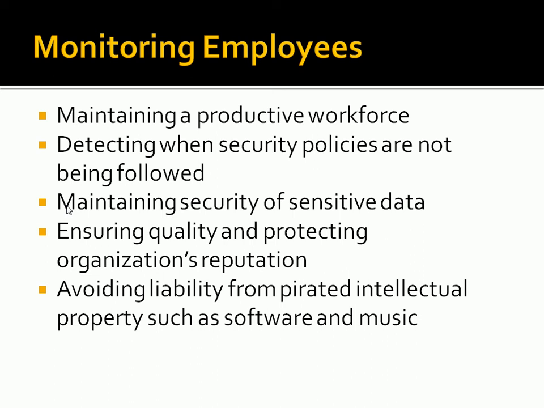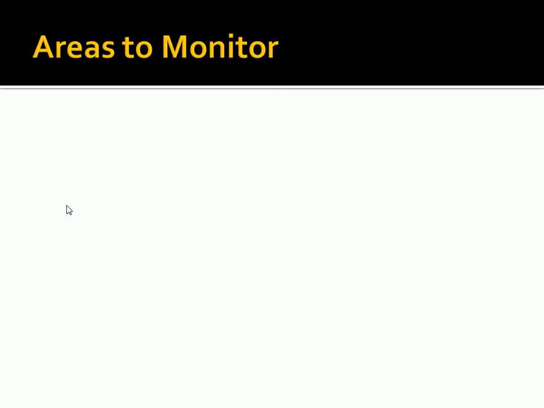Again, monitoring employees is kind of tricky because sometimes you have to know whether you're going to cross that line. And again, that acceptable use policy will help employees understand exactly what you're going to be monitoring. You could take a whole legal class on all this stuff. But some areas that you can monitor: internet usage, which I just talked about. So you can monitor where employees are going on the internet, what files they're downloading, and certainly look for infractions of the policy. You can monitor email as long as it's company email, right? Because there's some expectation of privacy if somebody uses their personal email. We talked a little bit about that, but again, it's one of those gray areas.